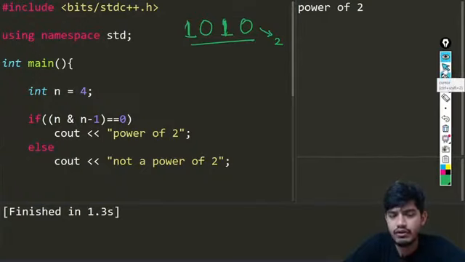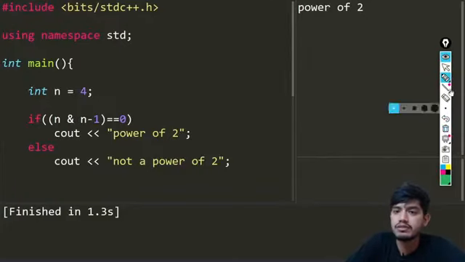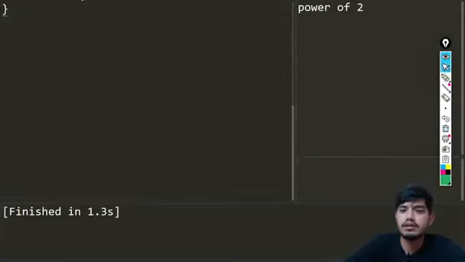We already saw in this example of AND, which we can easily implement here. I hope you will get a better idea how we can solve this. So let me just take the example of 10, and I want to find how many set bits are there.